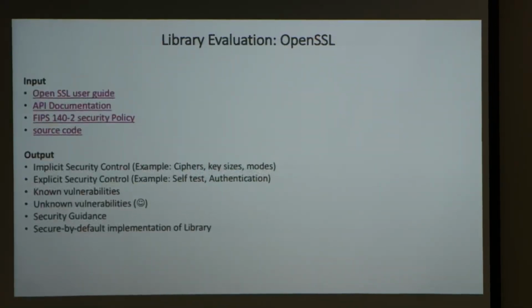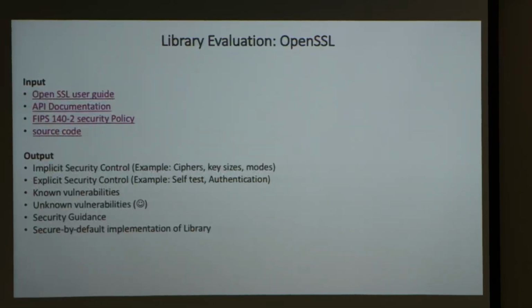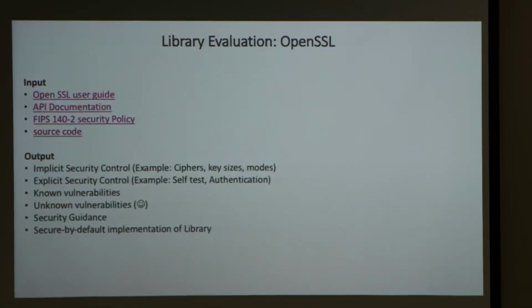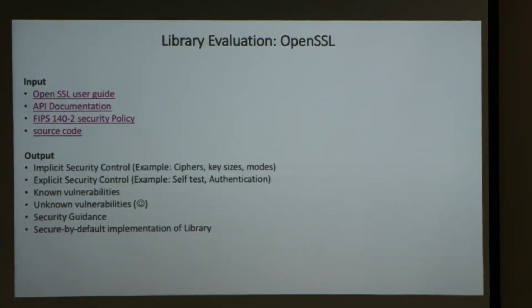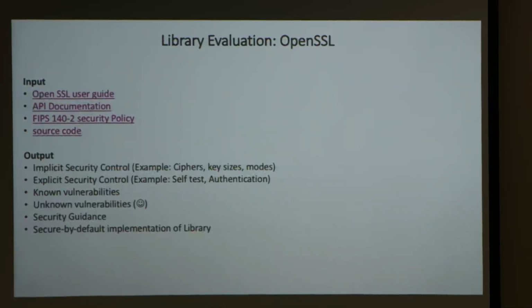Now let's take the example of OpenSSL. If somebody has to review OpenSSL, how can they go about it? First of all, OpenSSL has a wonderful security guide which lists all the security functionalities and crypto cipher suites OpenSSL uses. Second, do take a look at the API documentation for more granular, specific information. Third,